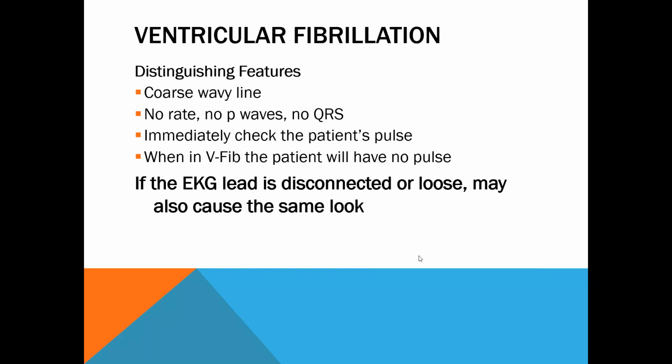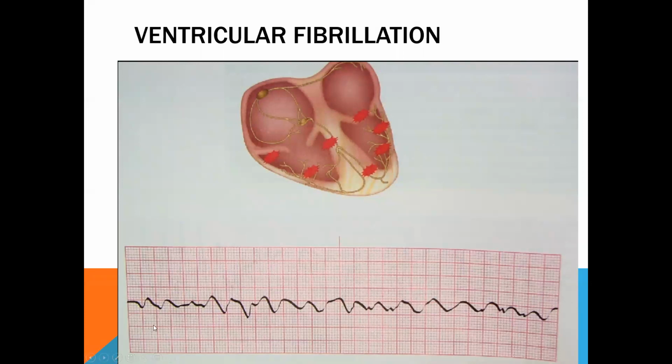All right, I want to start off by showing you a picture of ventricular fibrillation. And in the hospital, nobody says ventricular fibrillation, everybody says V-Fib. So when you see just a coarse wavy line on the EKG monitor, you're looking at ventricular fibrillation, unless you're just looking at loose leads on the patient. They could be perfectly fine and have this rhythm, and it's not because their heart is fibrillating, it's because the leads are not connected. Doing CPR on a patient makes the EKG look like this. So you want to verify that